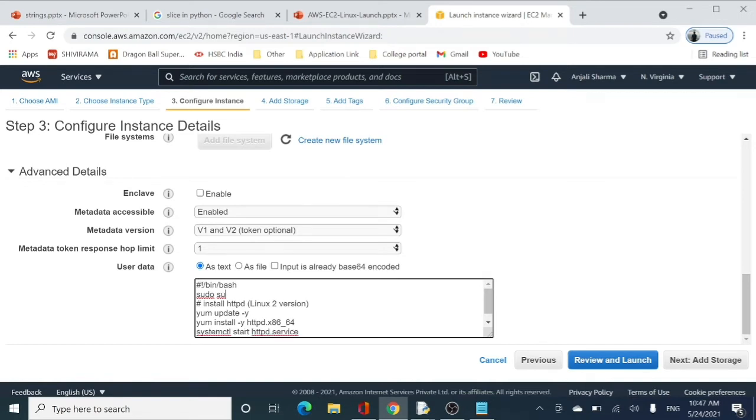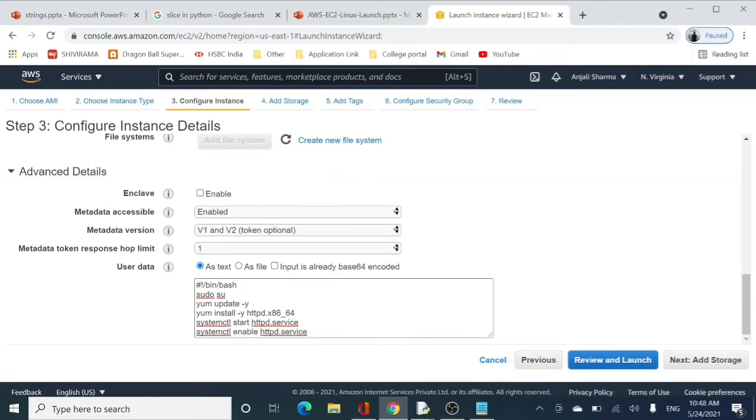This is sudo su because you want to become the super user so that you can install anything. Then we have the command of updating, let me just remove the comments because they will not be executed anyway. So yum update -y is used to update the system. Yum install, this is the installation command, then starting the server and then enabling the server so that the link can be established. So these are the commands with which we can install our Apache web server, and I have just given all these commands into my user data.